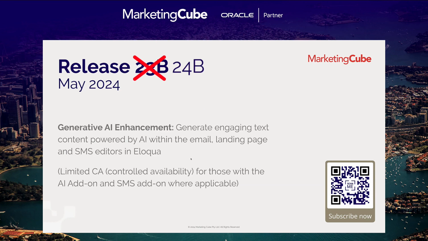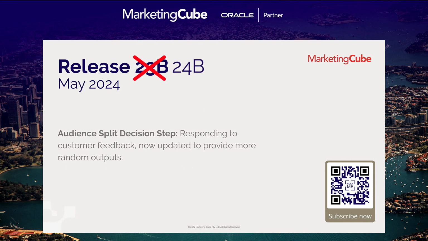The generative AI enhancements. So this is in controlled availability for those who have the AI add-on and also SMS. If you have the Oracle Eloqua SMS app, then there's more information available there. But it's in controlled availability. So what that means is you need to log a service request and your request will be considered, okay, versus